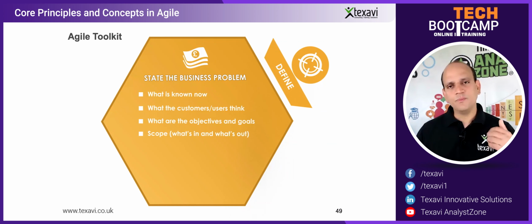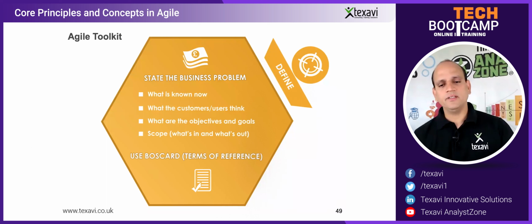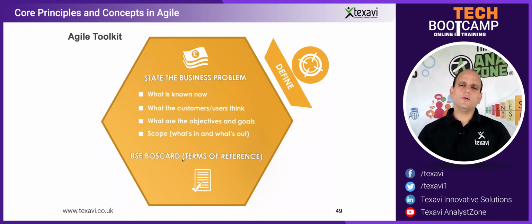Scoping out is more important than scoping in. So you need to come up with the boundaries and say that this is out and this is in. For that, after all of this is done, what we call a boss card or the terms of reference, it's a Prince2 term, but it's very widely used in pretty much all project management. It would really help you to come up with this, because it basically says the background,